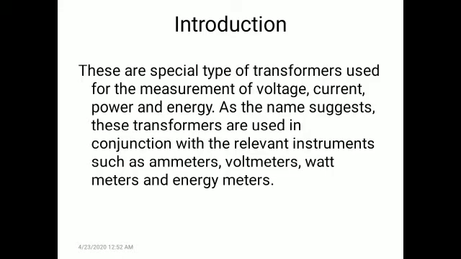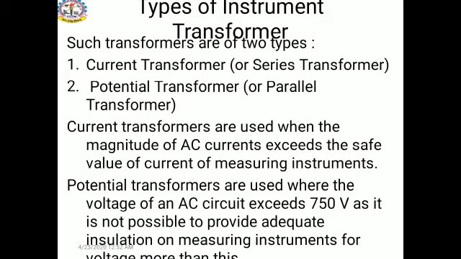and protection system. Types of instrument transformer: this instrument transformer is further divided into two parts, current transformer and potential transformer. The current transformer is always connected in series, because from basic knowledge of electrical engineering we know that current is always the same in series for any kind of load, and potential is always the same in shunt. It means a parallel connection of a circuit element.